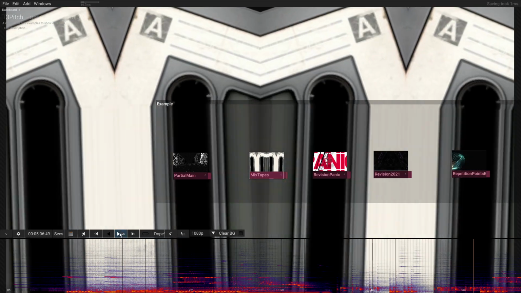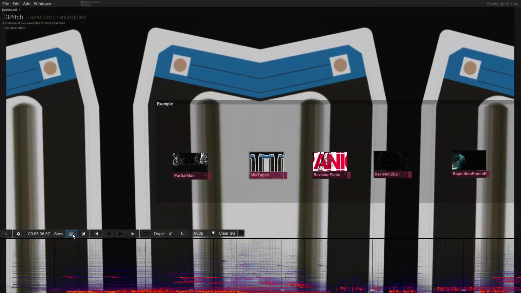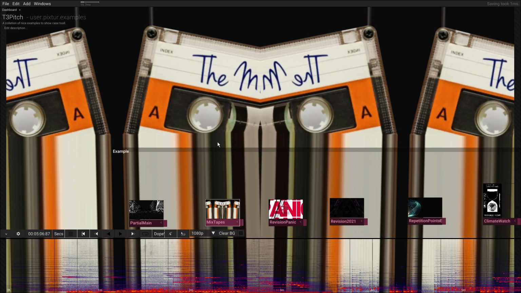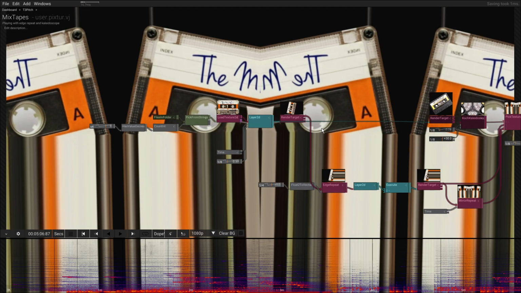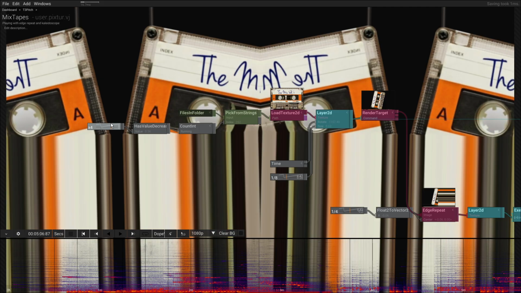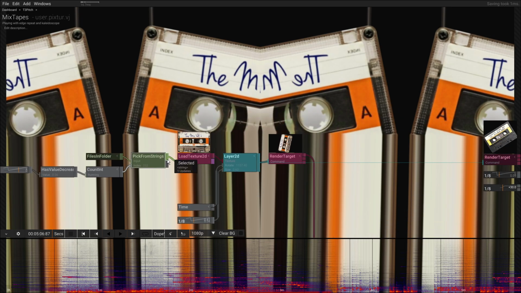Then we have this example. Maybe if we dive in here, we can quickly see what's going on. We have files in a folder, so you can just say folder, and this gives you the file names, and then you get a list of files and you pick one of these.